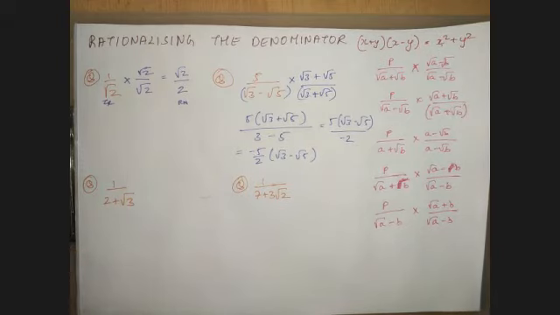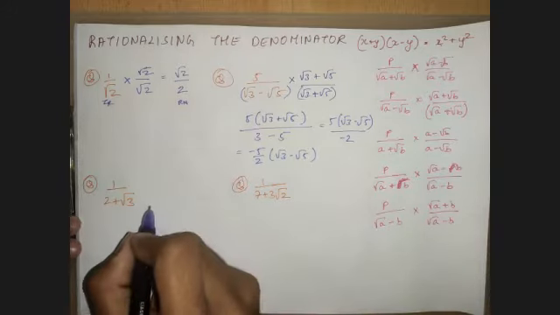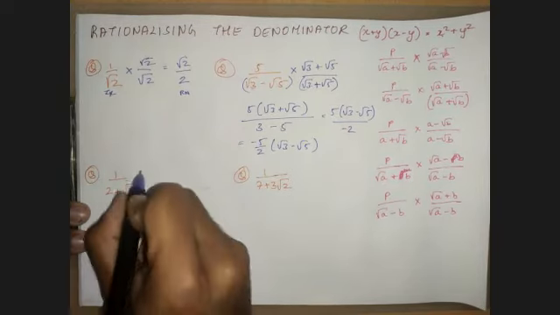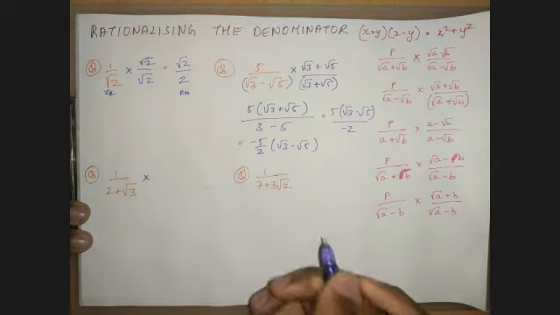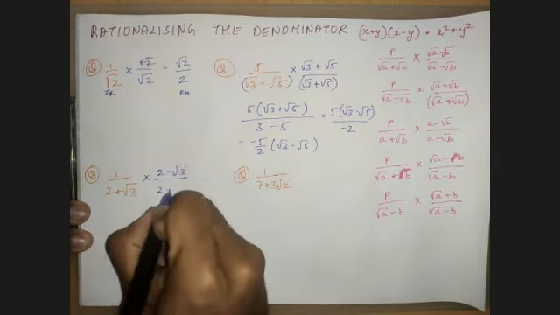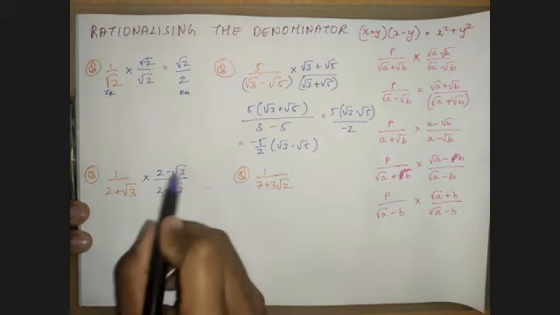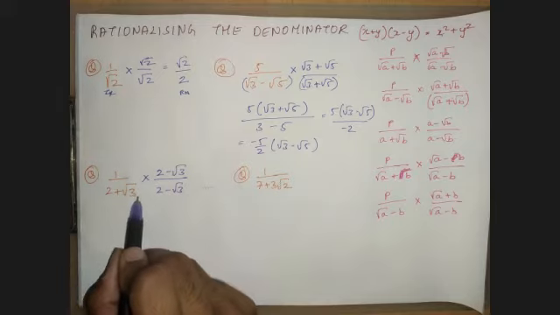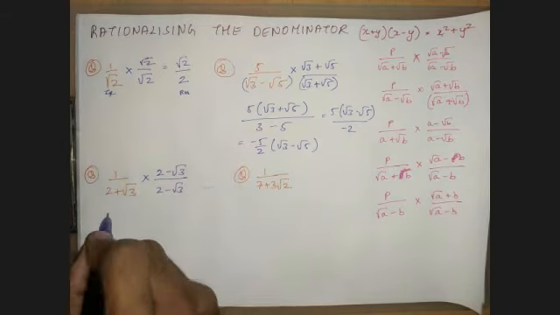So I think this would suffice. So this would be sufficient. So now let us move to the problems to understand. So I have this. So what I need to do is just multiply by 2 minus root 3 by 2 minus root 3. So when I cancel it, it is 1. So it does not change the value of the equation. So if I do this, what do I get?